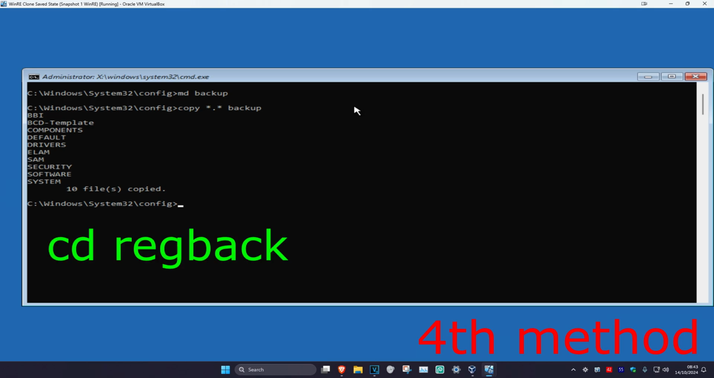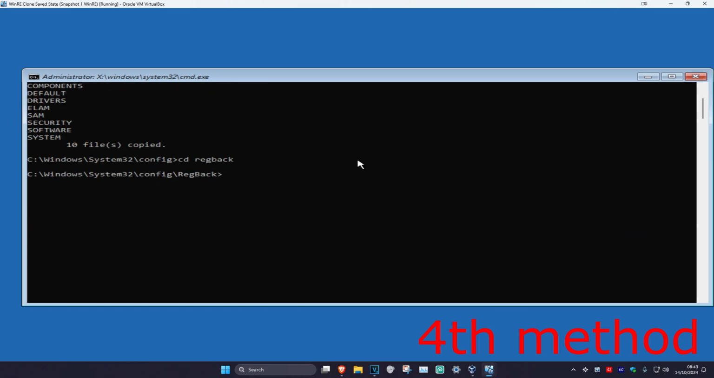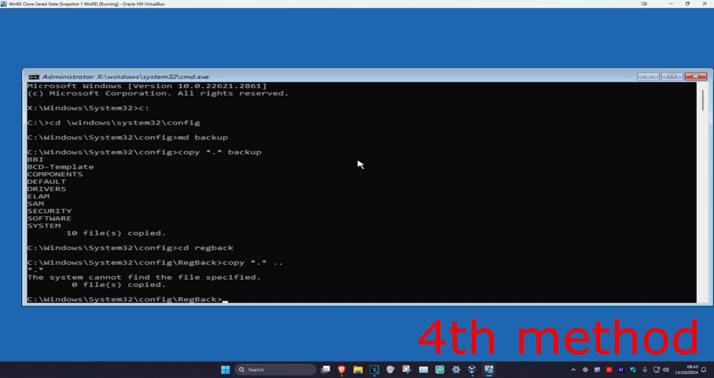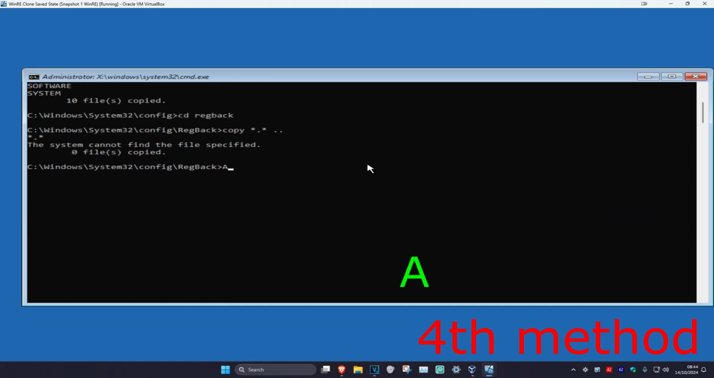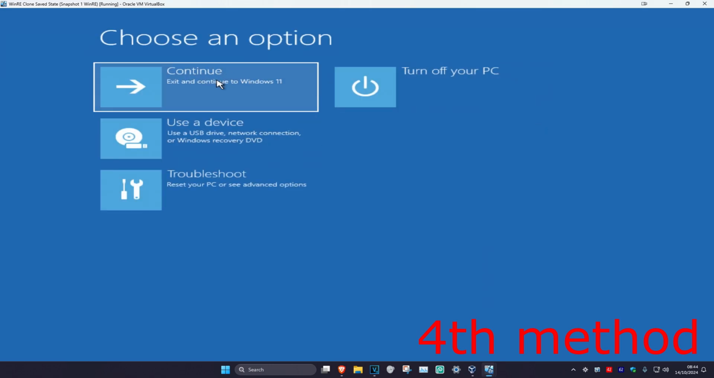And now you're going to type in cd space regback, click on Enter. And now you're going to type in copy space *** space .., click on Enter. And now you're going to type in A, click on Enter. And now you're going to close out the command prompt and then continue to Windows, and then the problem should